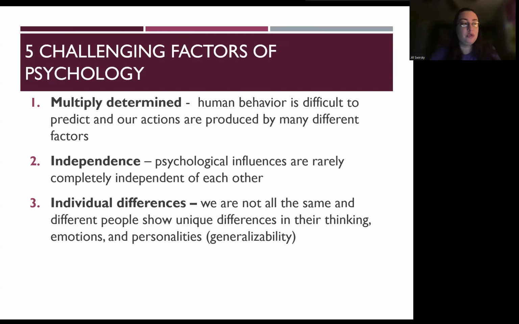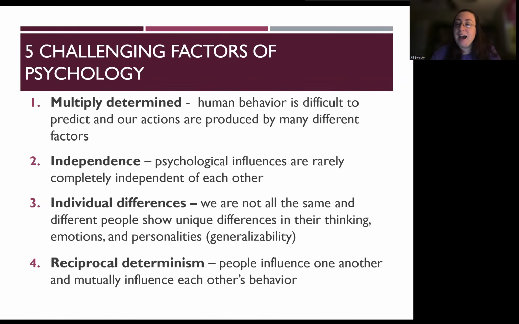So you may be wondering what drives how a person might behave in a given situation. A lot of different things. It's multiply determined and everything is interrelated. Maybe the kids have a history of rejection, making them feel even more sensitive to experiences of rejection. Or maybe they're just highly resilient, and that allows them to bounce back a little bit. And so these individual differences really represent the true human experience. They also add challenges in terms of studying the majority and then making broad scale generalizations about human behavior.